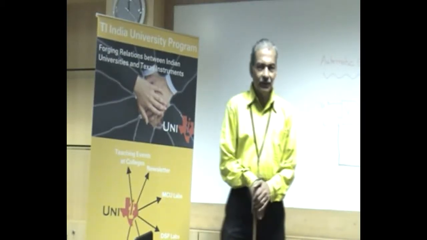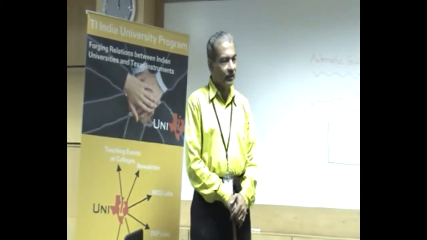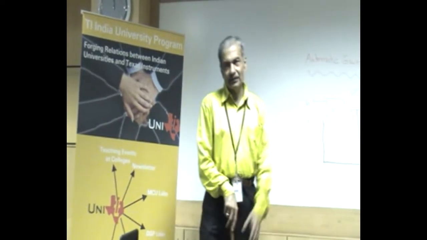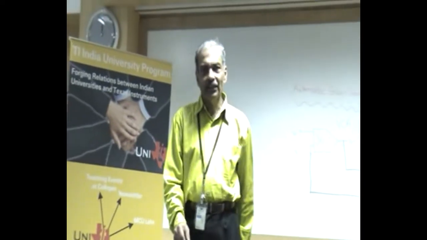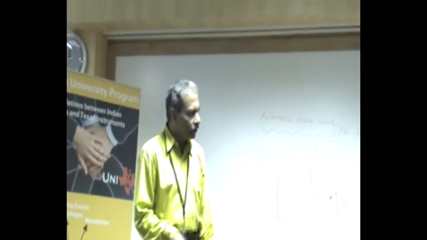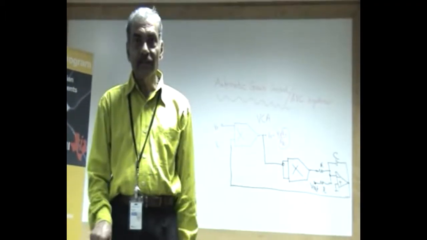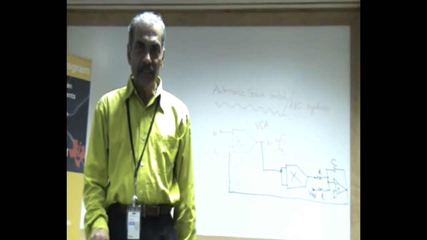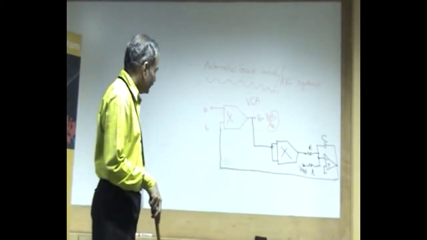Today we are going to discuss another important front-end electronics circuit in analog, that is automatic gain control or automatic volume control. Such systems exist in television receivers, radio receivers, almost all communication receivers, and also in hard disk readers, etc., where we are not sure of the level at which the signal gets generated, and therefore even in